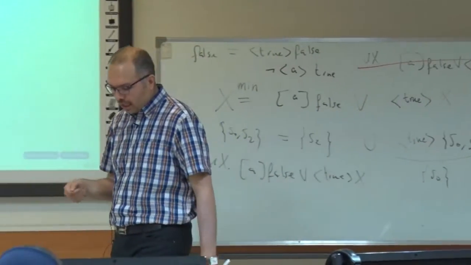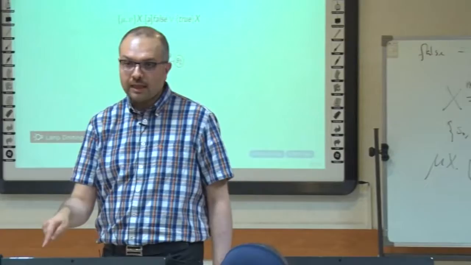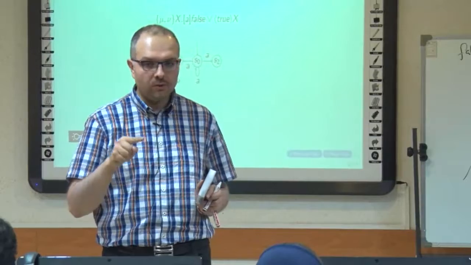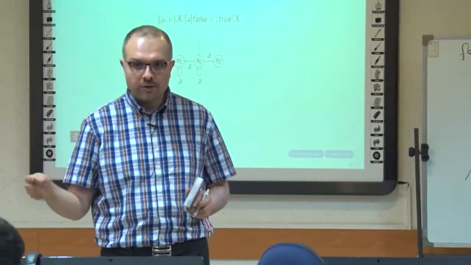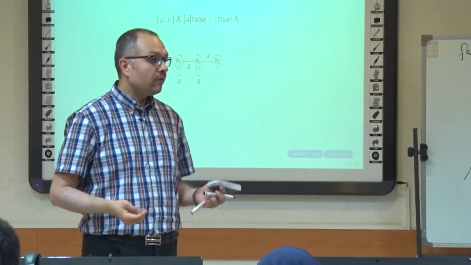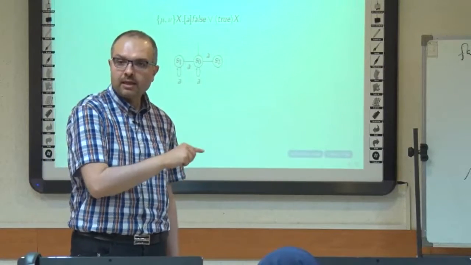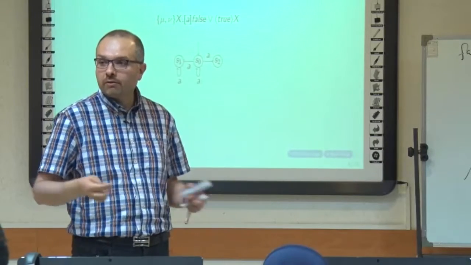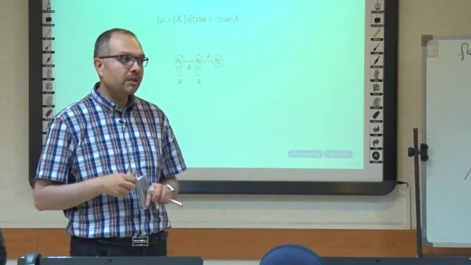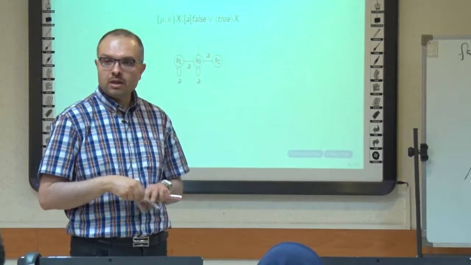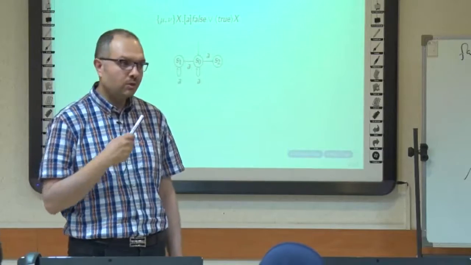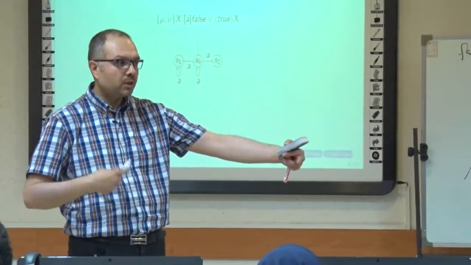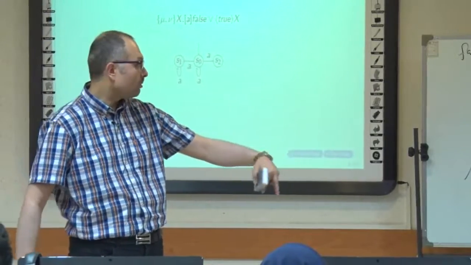You want to say, no matter how I evolve, in a finite number of steps, I reach a state in which the formula is satisfied. Typically, those formulae are specified using minimal fixed point, when you require the iteration to happen only a finite number of times. However, safety formulae, where you want to say, no matter how many steps I take, I end up in that property, they may require an unbounded, infinite number of iterations, and then you specify them using maximal fixed point, right? So if you want to iterate a finite number of times, then you use minimal fixed point, because you want to reach somewhere after a finite number of steps. If you want to iterate potentially an infinite number of times or an unbounded number of times, then you use